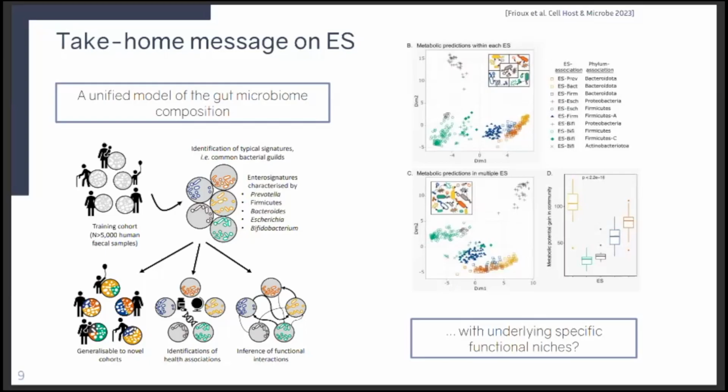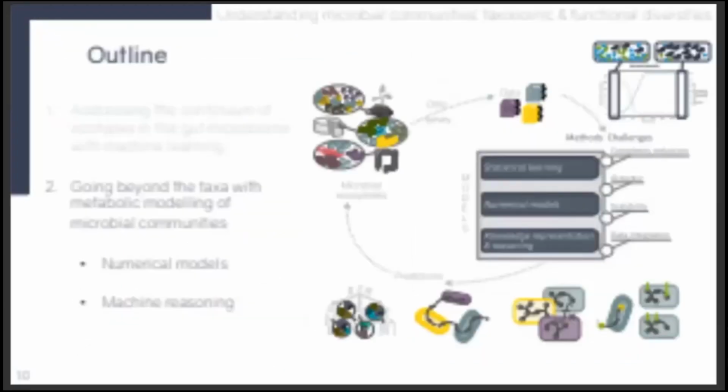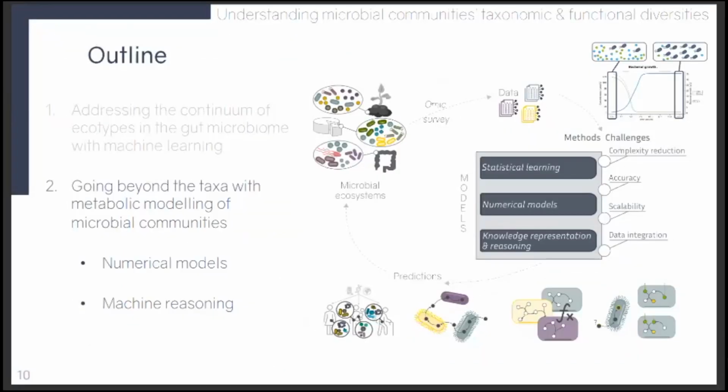But originally, I come from the field of metabolic modeling, so I couldn't help looking at microbial guilds. So I did a few analyses comparing how complementary to each other the guilds and entero signatures were. I won't have time to go into the details, but I shamelessly use it as a transition to the next part of my talk, which is going beyond the taxonomic composition and addressing the functional diversity of microbial ecosystem with metabolic modeling. So here I will again split my presentation in two parts. First,